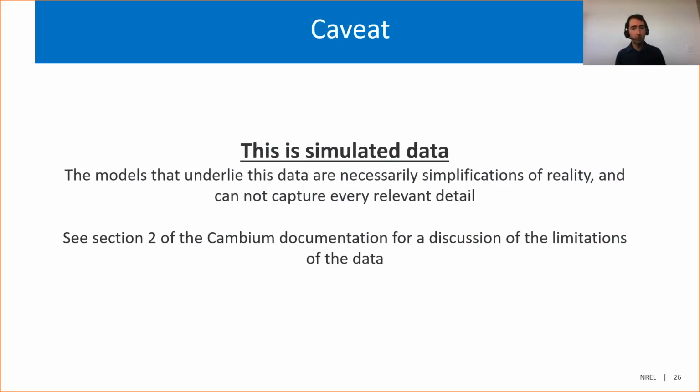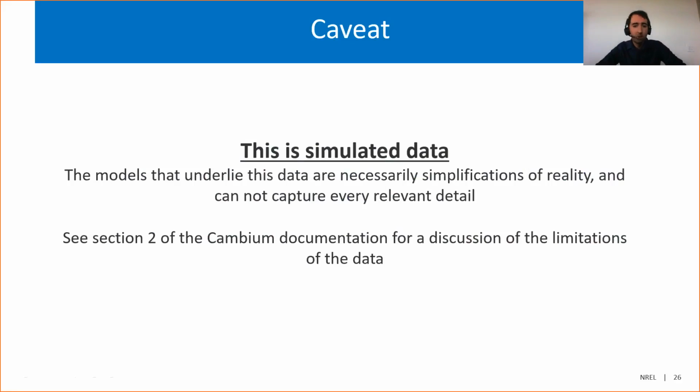The models that underlie the data are necessarily simplifications of reality, and therefore they may not capture a relevant detail that's important for what you're trying to study. We put a lot of work into trying to say, what are the most important things to capture? But we can't do everything. So if you're doing something really wonky, maybe this data is not right for you. It can also just be wrong because we can make mistakes. With empirical data, it's real, so it doesn't have that issue, though I guess you could post-process things wrong. But we could just make mistakes, and being aware of that is, of course, important.